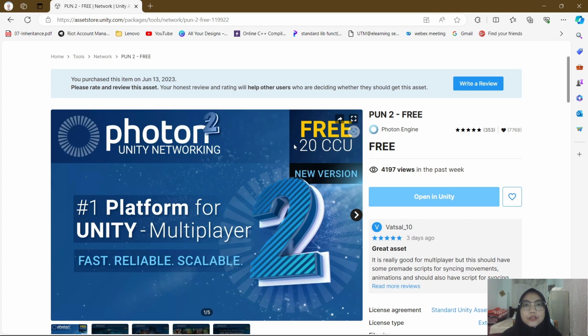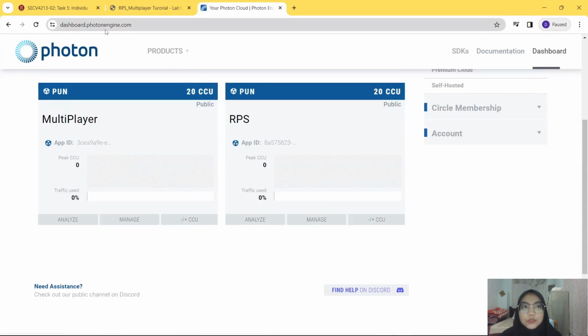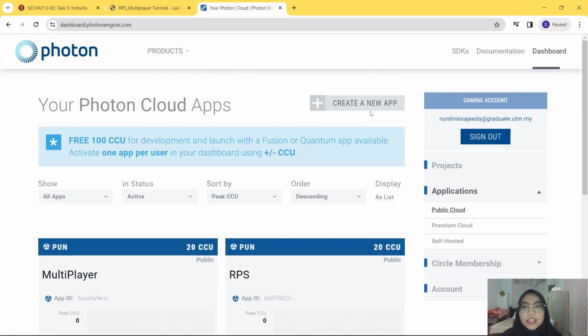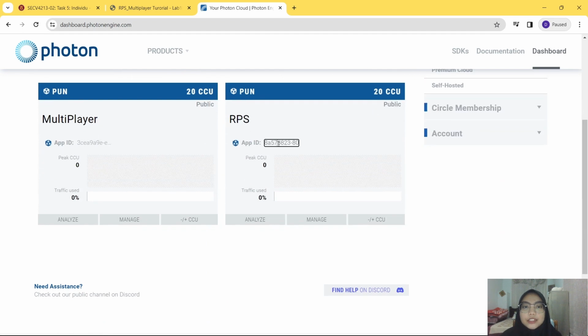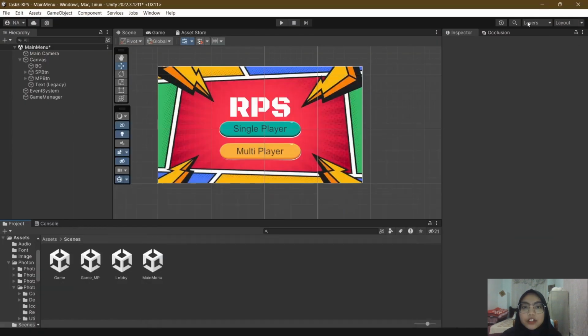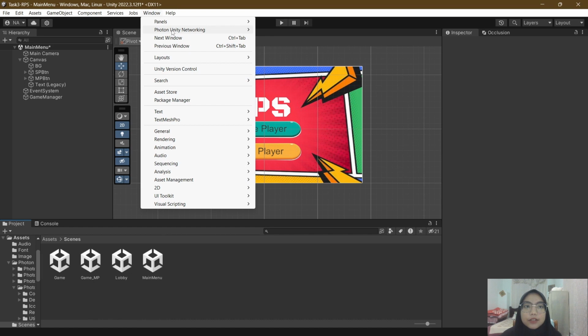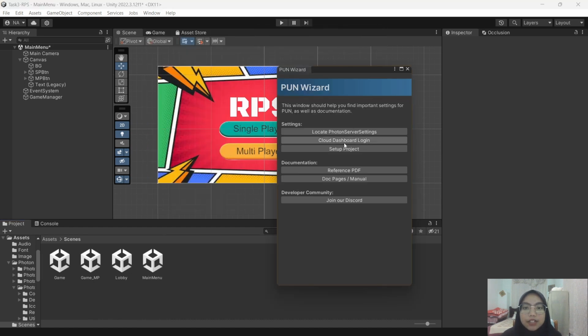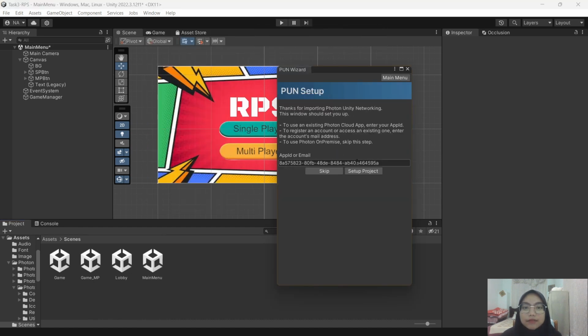A20EC0112, and this is the tutorial on how to implement multiplayer in our rock paper scissors game using Unity. So first of all, you need to download and import Photon Unity Network 2 into your Unity project, and you can go ahead to Photon Engine dashboard and create new app to obtain the app ID. So you can copy and paste the app ID into your Unity project and paste into the file setup,